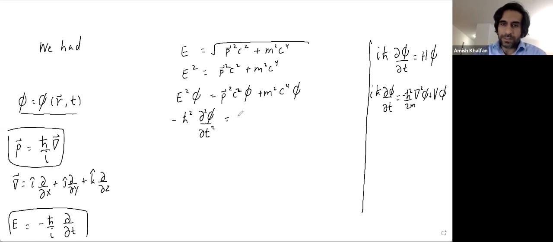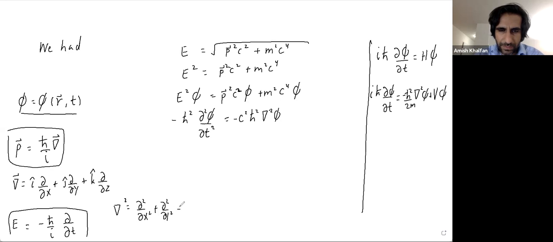For the right-hand side, let's put c squared out in front, and we have p squared acting on phi. If we look at p, that'll give us an h bar squared. The i squared on the bottom will give us minus 1. And the del squared acting on phi will give us exactly that. So del squared phi, that's the Laplacian operator, and that's d2 dx squared plus d2 dy squared plus d2 dz squared. And let's not forget the last piece, m squared c to the fourth